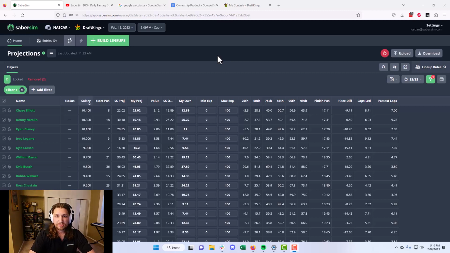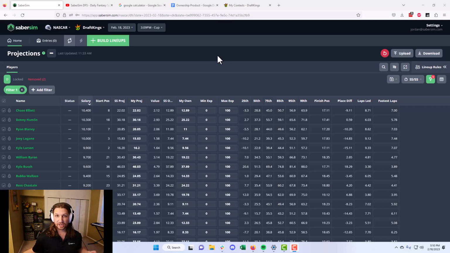Now, strategically speaking, I think NASCAR actually has a lot in common with a sport like NFL Showdown, where to take down large field GPPs, you're going to need the optimal lineup or very close to the optimal lineup to win. And a lot of what I'm doing in my process is allowing SaberSim sims to handle identifying and constructing those optimal lineups, and adding my value in diversification to make sure I'm playing a well-diversified portfolio of lineups and